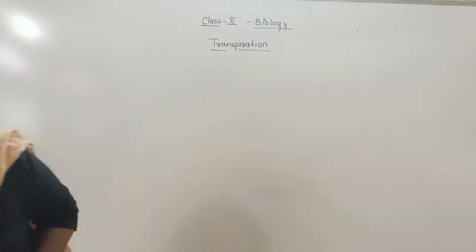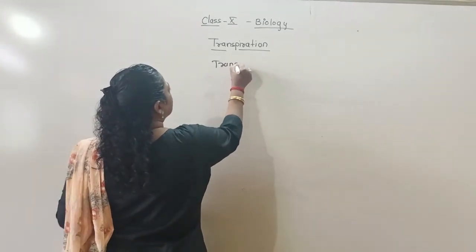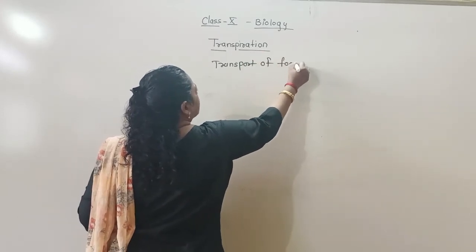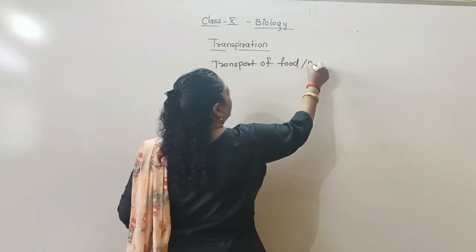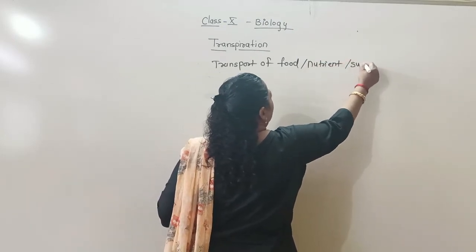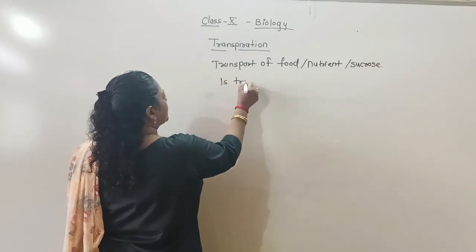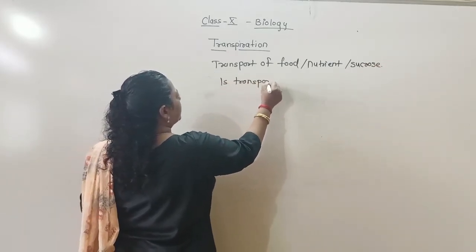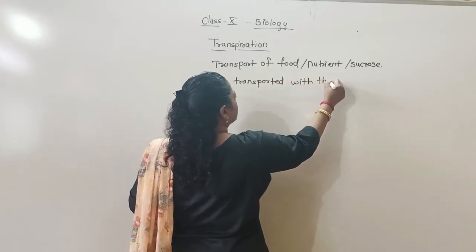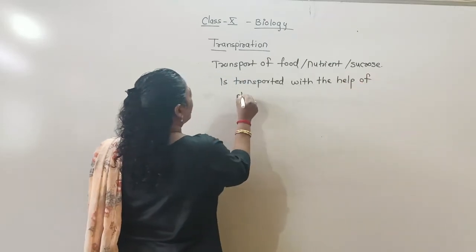Now we will talk about how the food is getting transported from the leaves to other parts of the plant body. See here, students, the transport of food, nutrient, or what is present? Sucrose. Sucrose is present. This sucrose is transported with the help of phloem tissue